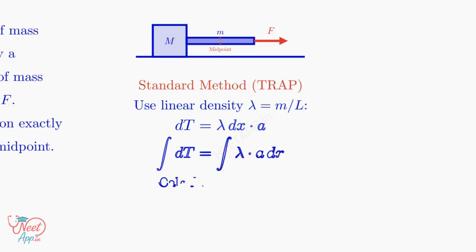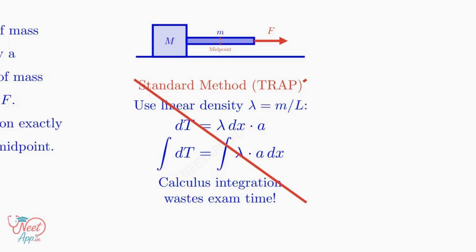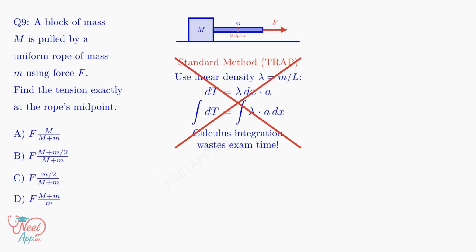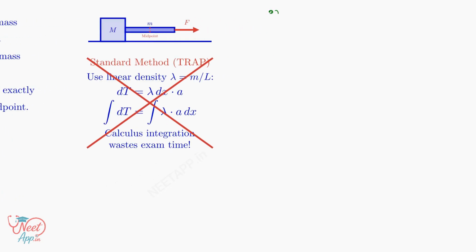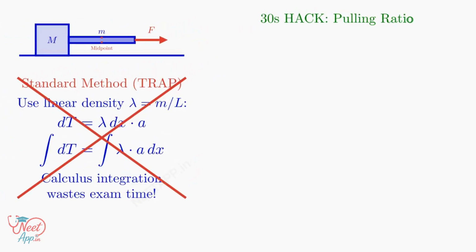The standard textbook trap: setting up a linear mass density lambda, taking a small element dx and integrating the tension using calculus. It takes way too long. Here is your 30-second pulling ratio hack. Treat the rope like 2 separate discrete blocks. The tension at any point is simply the total force times the mass behind that point divided by the total